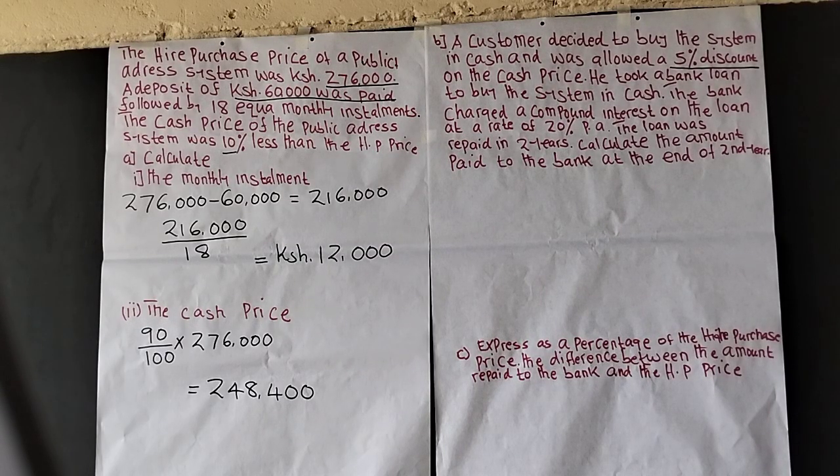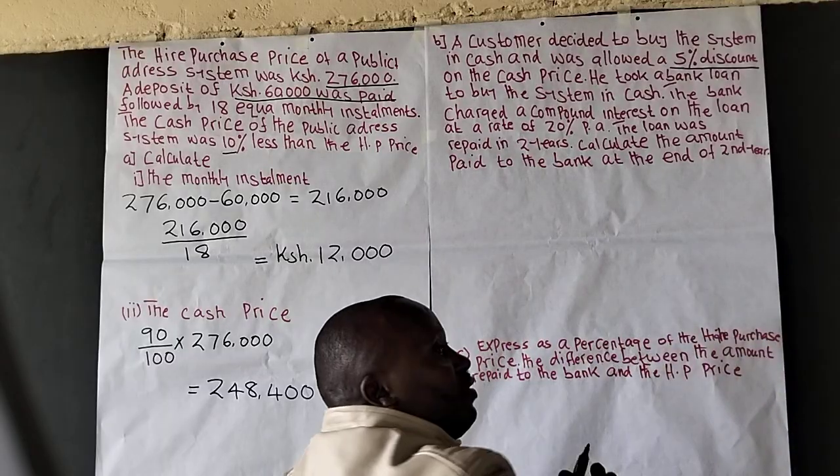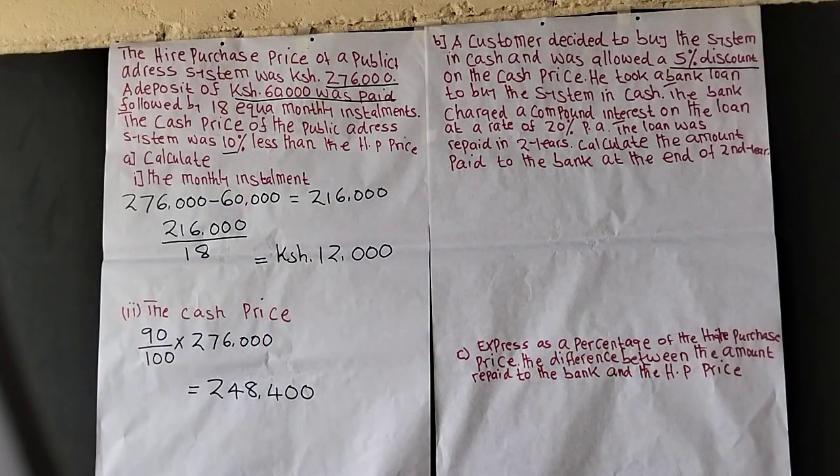After being allowed the 5% discount, we need to get the amount paid. How much will this customer pay after being given a 5% discount? Remember, the cash price is